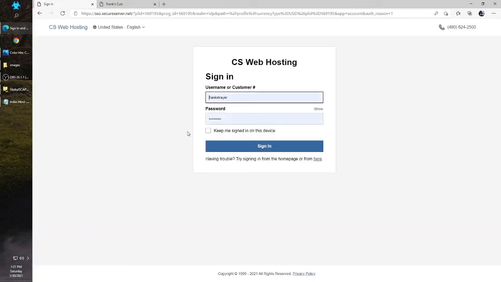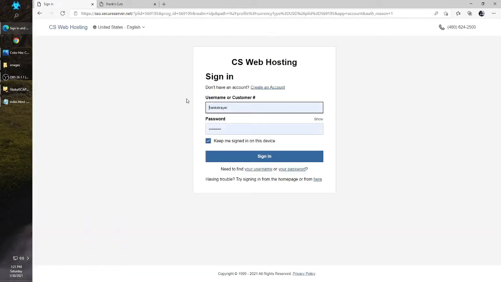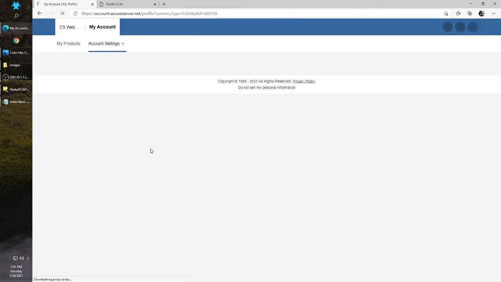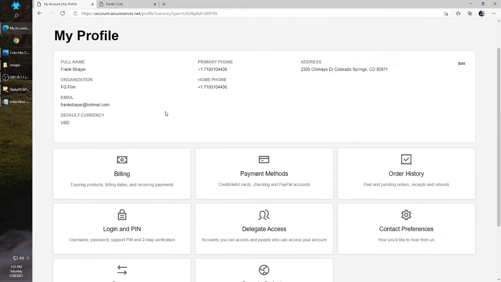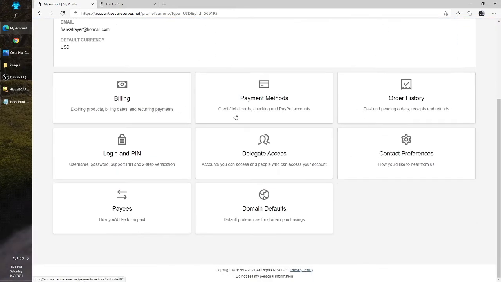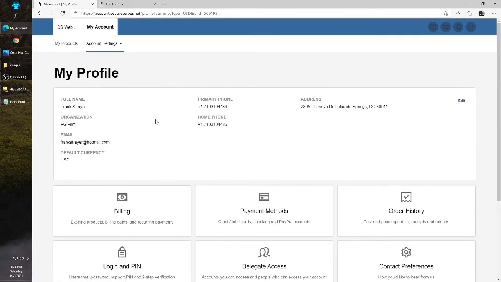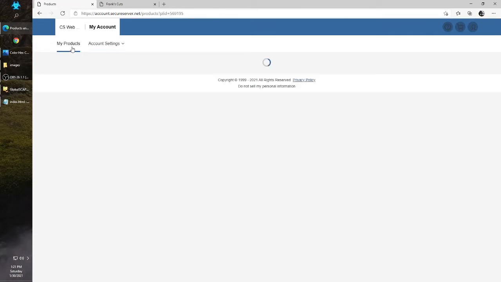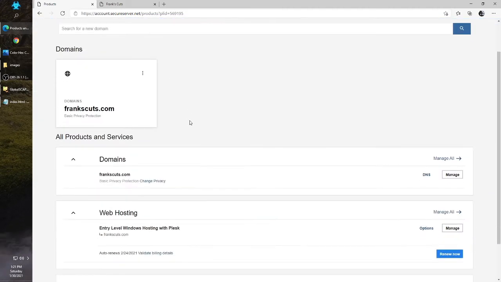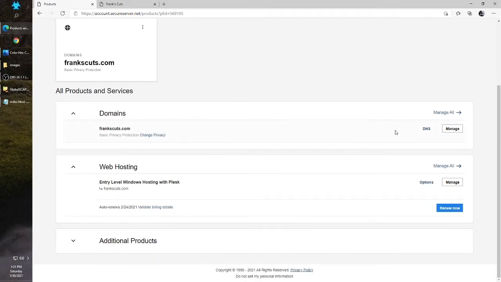And sign into your new account with your new web domain and web hosting service. So it's got my username and password there. We're going to sign in. And there's my profile. There's everything I need to know right here. And on my products, I have my frankscuts.com, which is already set up, and then my domains here, which is the DNS, right here,